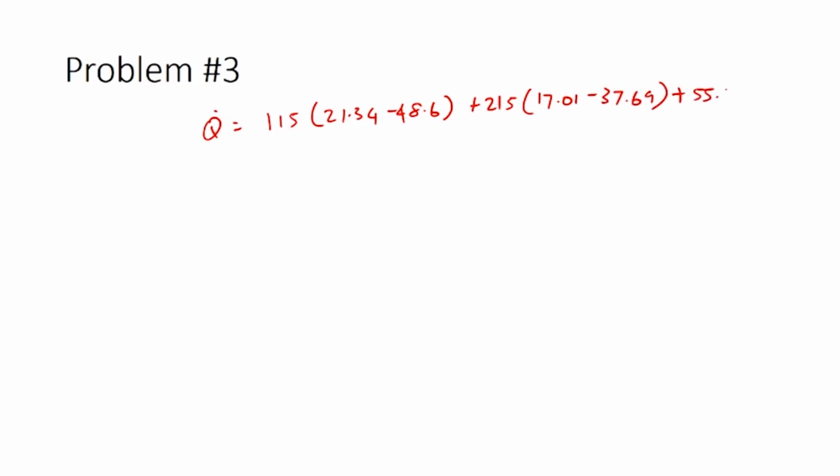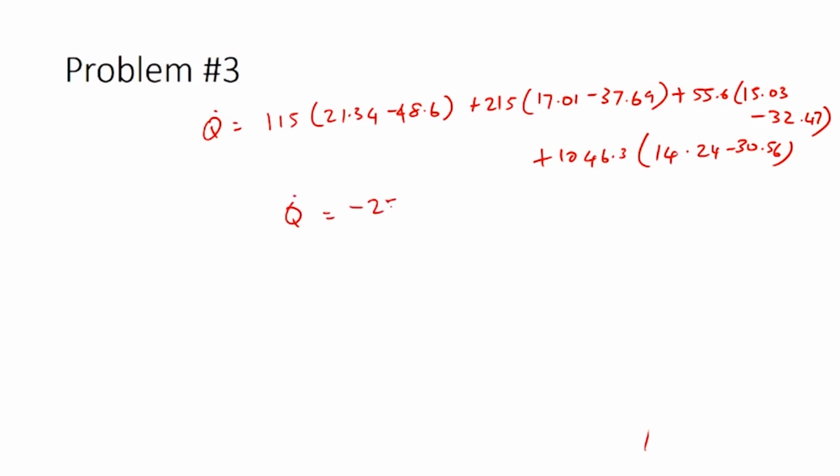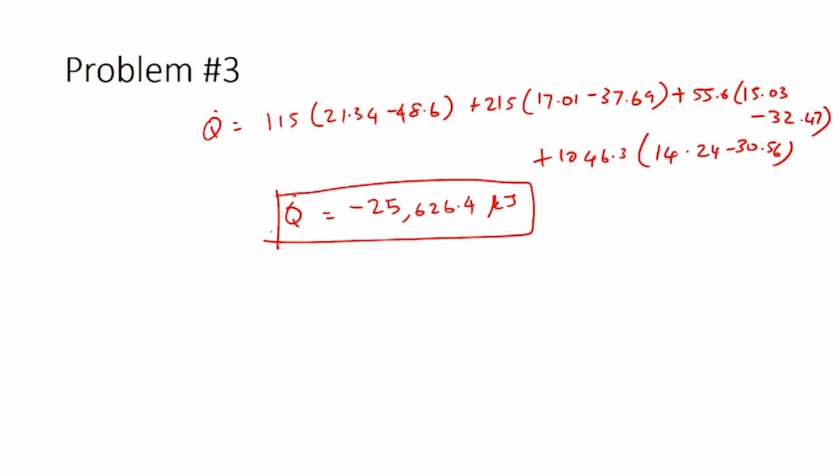So, Q dot can be calculated as delta H dot, which is equal to 115 times (21.34 minus 48.6) plus 215 times (17.01 minus 37.69) plus 55.6 times (15.03 minus 32.47) plus 1046.3 times (14.24 minus 30.56), giving us Q dot as minus